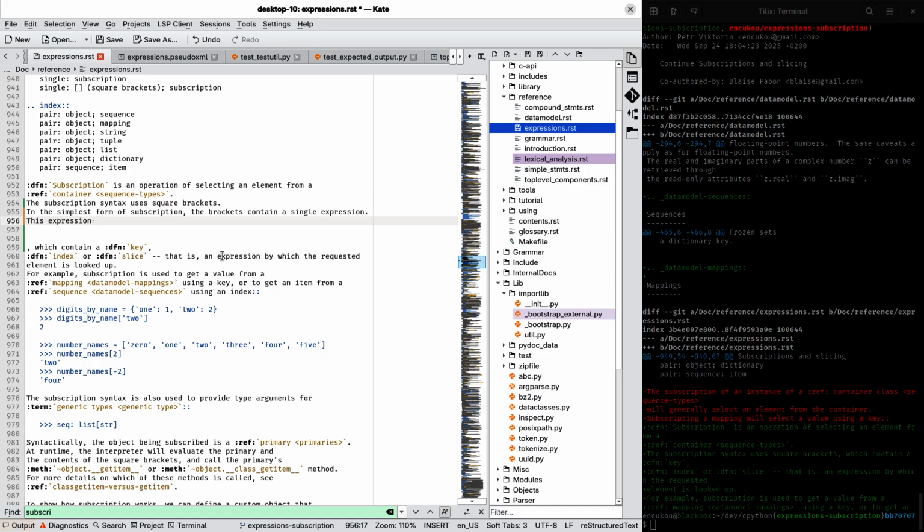I guess we need to repeat this. Maybe we need to deduplicate some of this prose later. This expression is called a key or index,